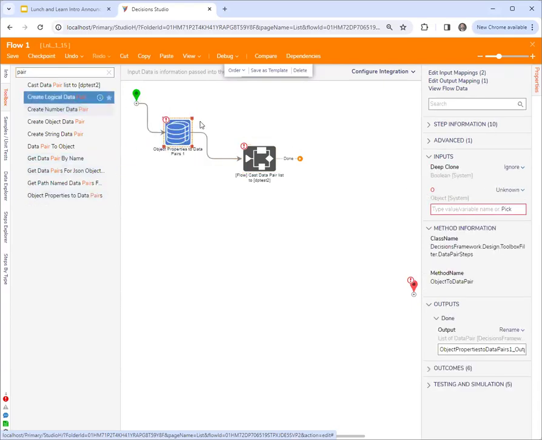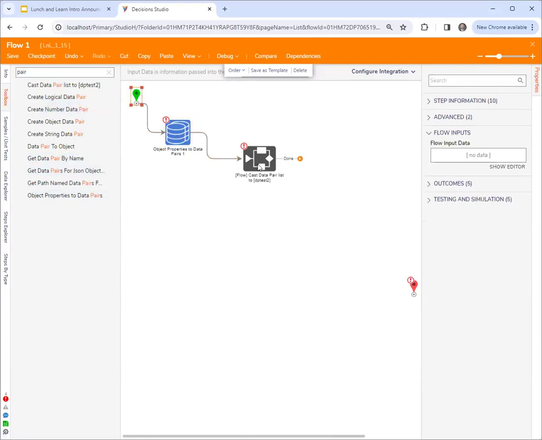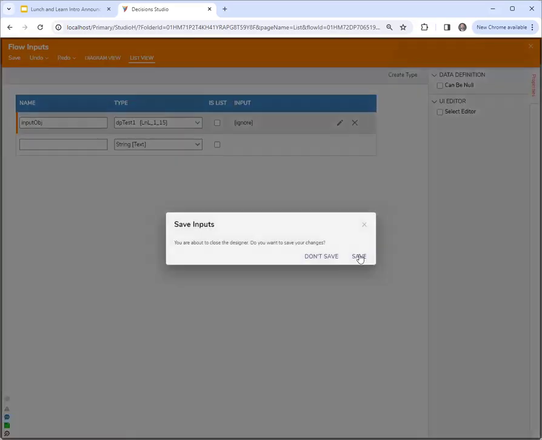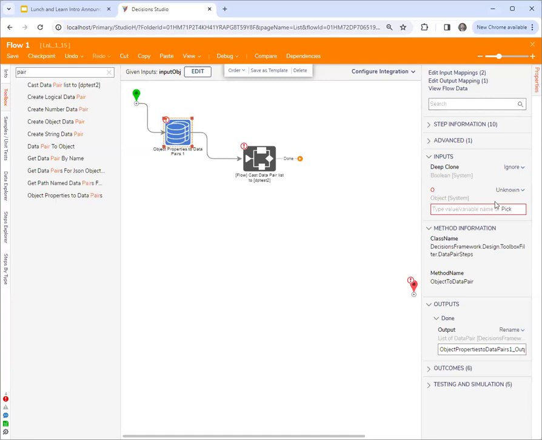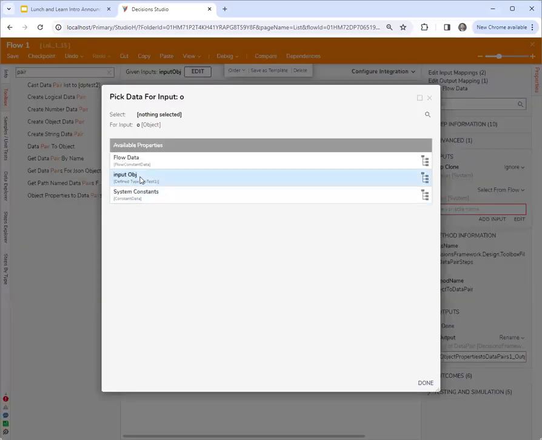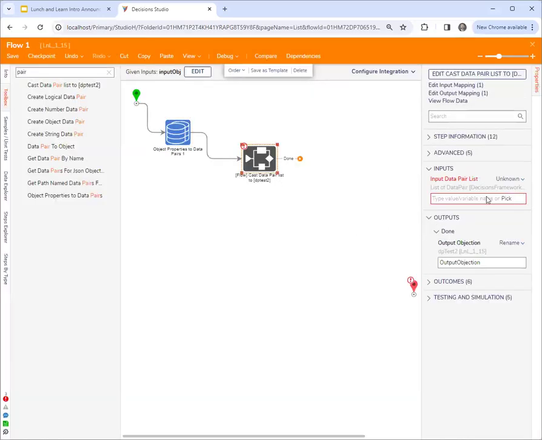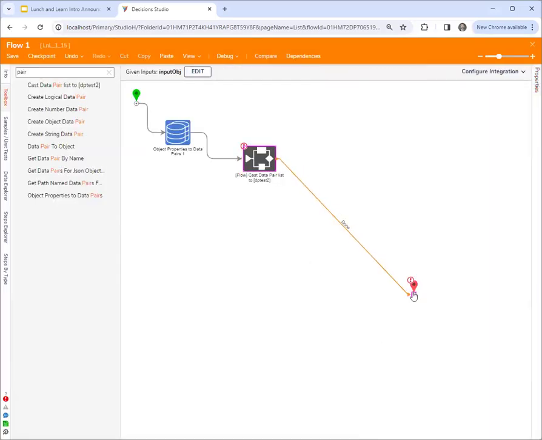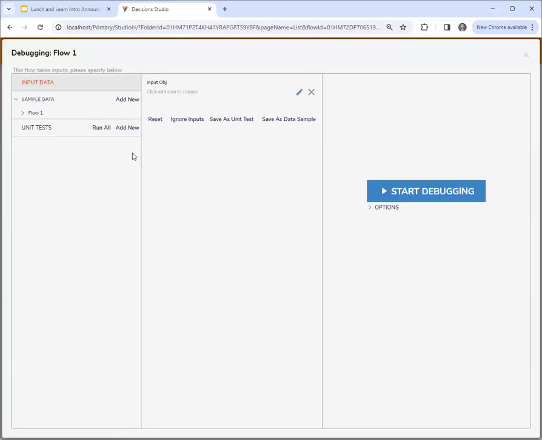Okay. And then again, I'm just trying to get this into a subflow to try to make it more clear what's happening here. So this is input object. Input object is going to be DP test 1. And this is all the stuff that you're doing in your main flow. And then I can just pass in my data pairs here. Okay. Boom. Now if I run this, I think I should get